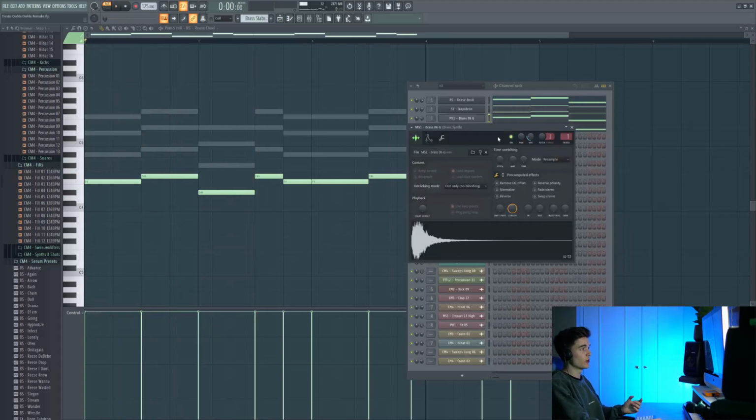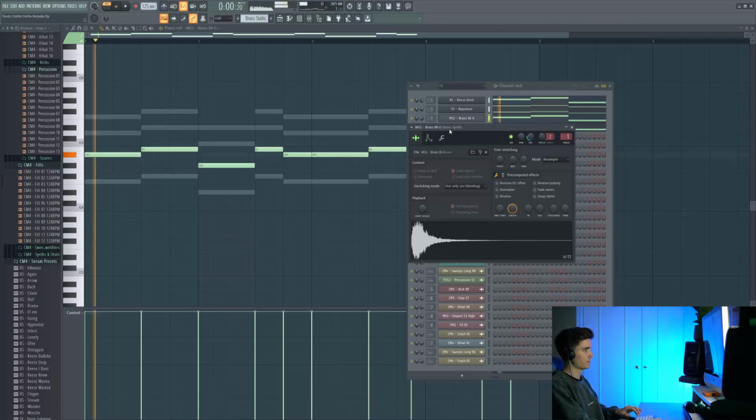We're then going to throw in this one shot, which, let's face it, is probably the best way of achieving a brass sound, just grabbing a sample direct. So with all the layers we've got so far,